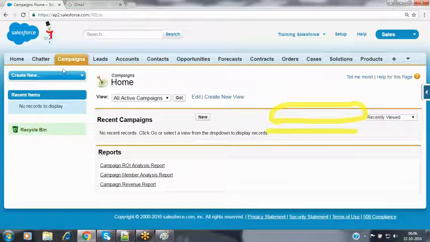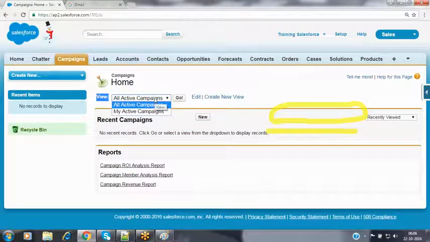All these operations are available to us. As soon as I click on the campaigns tab, it provides a graphical user interface to me. Inside that you will have the option called view. By using this view, we can view the existing campaign records. What campaign records do you want to see? All the active campaign records created by all the people, or only your campaign records? It provides some filters to you. Based on your requirement, we can add some more filters also.